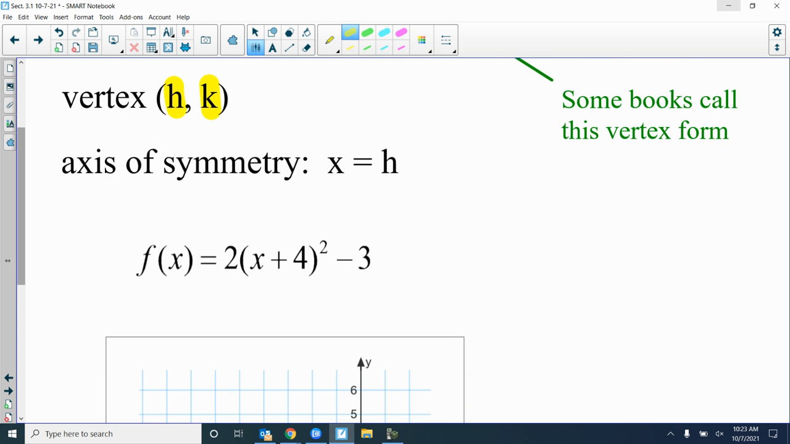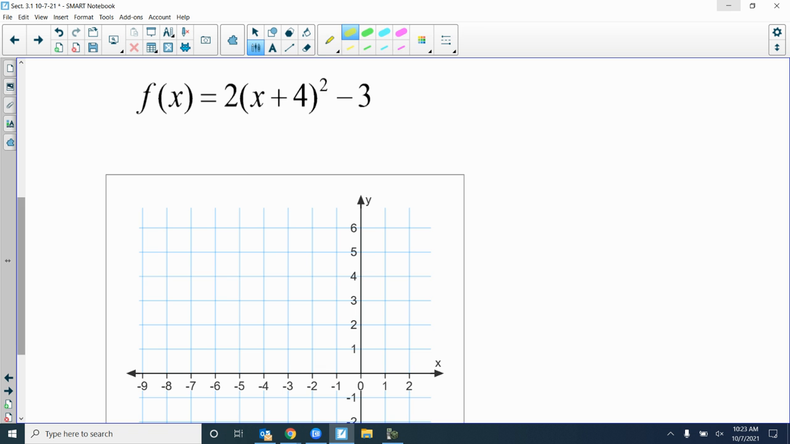Now, one thing about this form, I also think about it as transformation form, because if you look at it, you can tell which way it shifts. So if you look at that equation, which is the same one on yours, what does the plus 4 do? Left 4. What does the 2 do? Vertical stretch. Minus 3 moves it down 3. So I'm going to graph that function using transformations. Now, what function is the parent function? It is x squared, which would be negative 2, 4, negative 1, 1, 0, 0, 1, 1,